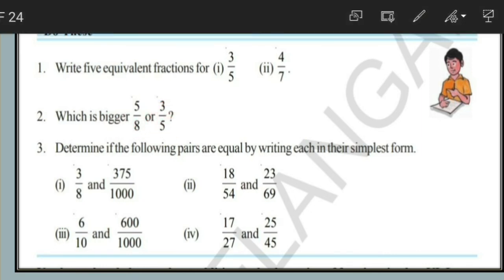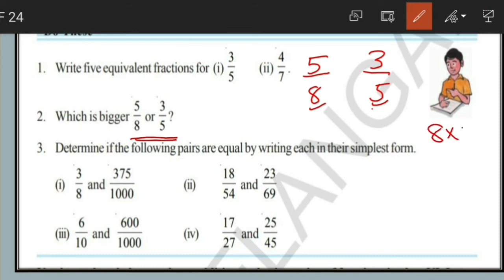So observe this. To write this, first we have to convert them into equivalent fractions, because we can compare equivalent fractions very easily. So observe this, 5 by 8 and 3 by 5. The denominators are 8 and 5. They don't have common factor. So the LCM becomes 8 into 5. 8 5s are 40. So to get 40, take the first fraction 5 by 8, multiply with 5,